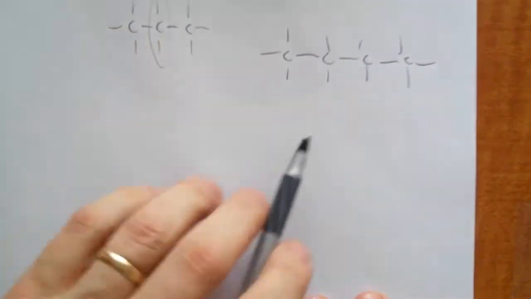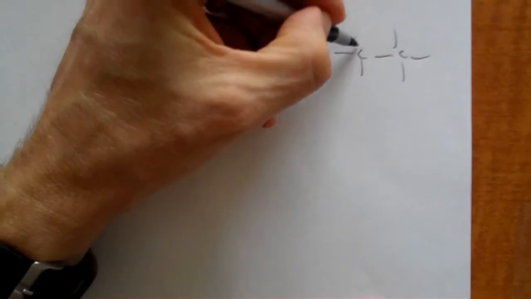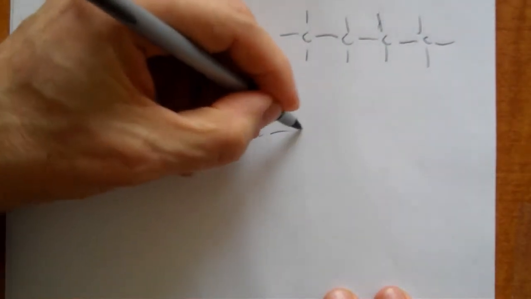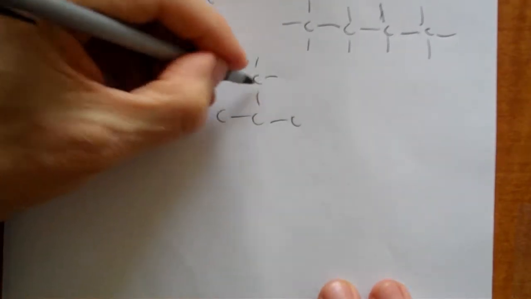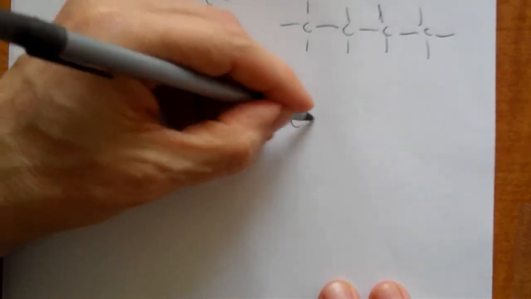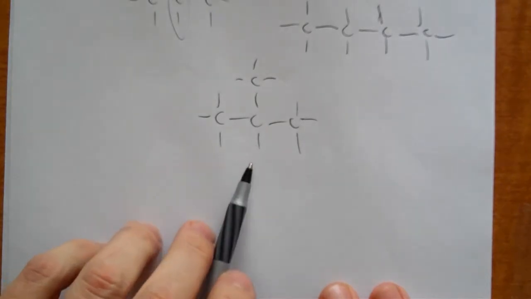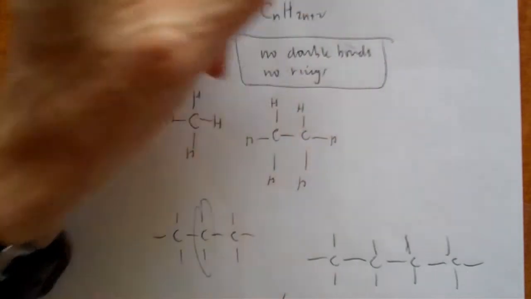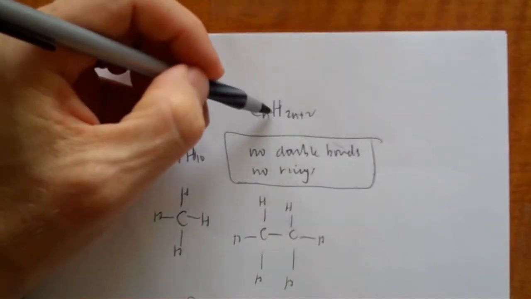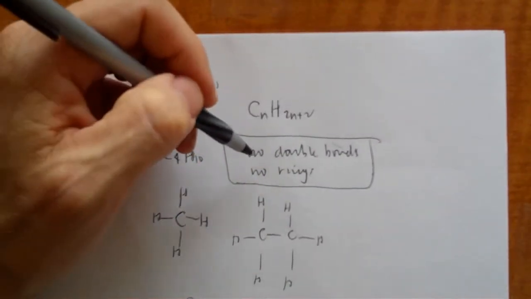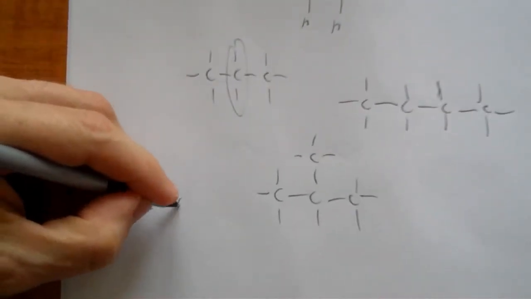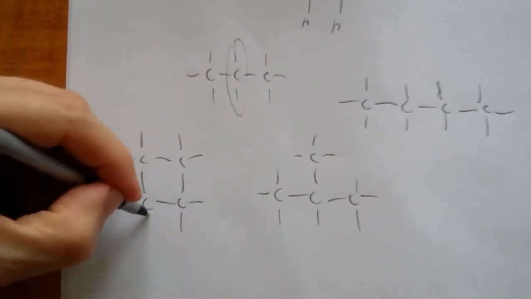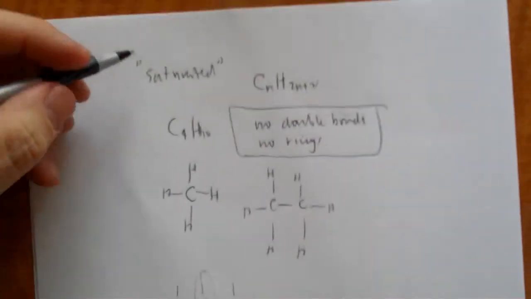It's going to be a little costly to draw all the hydrogens in there, which you'll have to do, right? But for the purpose of this video, I'm not going to do that to save time. But look at this, okay? I still have the same possibility for the number of hydrogens on here if I have a branched chain. So branching is not an issue, but if you have a formula of CnH2n+2, you have no double bonds and no rings. Because if I have this, I now have fewer possibilities for hydrogens. Okay, so again, the term is saturated,